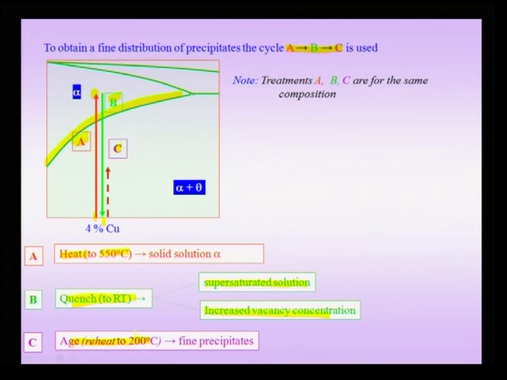as aging. The reason the word aging is used in this context is that originally one of the investigators who discovered this process left his aluminum as a solid solution at room temperature, and later returned to find that the hardness of the material had increased. When he looked under the optical microscope, he could not locate any microstructural features which had changed, but somehow the material had aged so as to give an increased hardness. We will see now, because of powerful electron microscopy and other techniques, that we know the basis of why